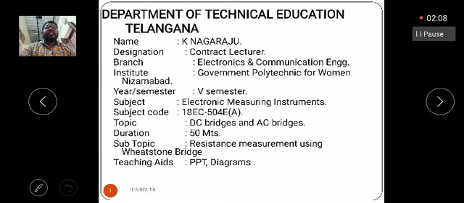In the AC bridges, we also use a detector. If you want to measure impedance, resistance, inductance or capacitance, the circuit must be in a balanced condition. Then we can find the unknown resistance or the unknown parameters in the circuit. This is a briefing about the bridges and the importance of using the Wheatstone bridge in measuring resistance.